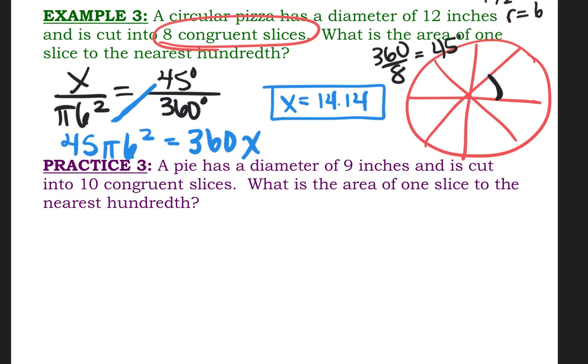All right, so you have the same idea. This time you have a pie. The diameter is 9 inches, and it's cut into 10 congruent slices. Find me the area of one slice to the nearest hundredth. So given that the diameter is 9, what's our radius? 4.5. So I would have had x over pi 4.5 squared equals, for 10 congruent slices, what would the degrees